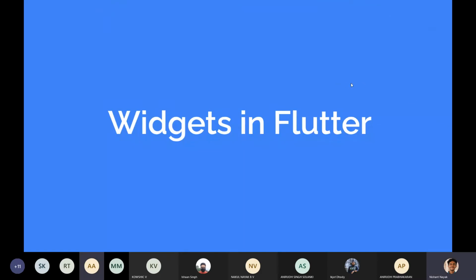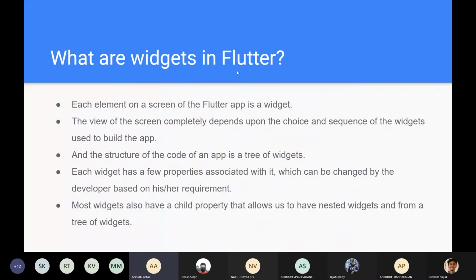Okay, cool. So first, I'll be talking about widgets in Flutter. So what are widgets in Flutter? In a Flutter app, every element on the screen that you see, whether it's an app bar, a button, a text box, some colors or an icon, everything is a widget. In fact, even the Flutter app is a widget itself. The view of the screen and the layout of the UI, everything depends on the choice of the widgets